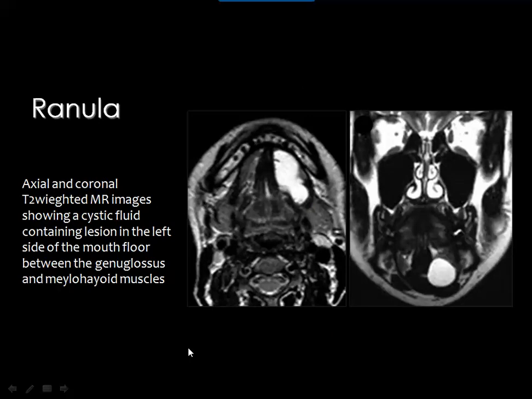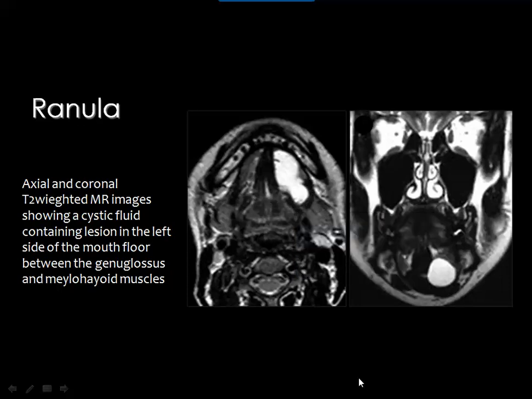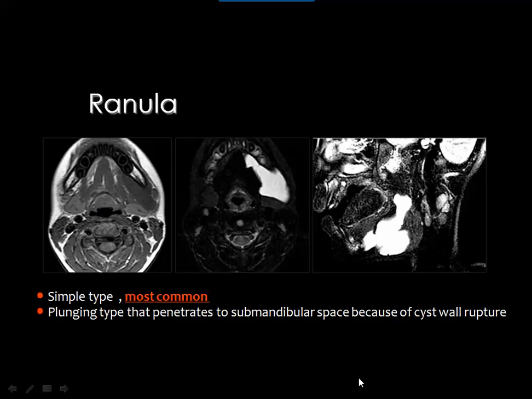Then ranula is a cystic lesion. By MRI, it will appear of low signal in the T1 and high signal in the T2 weighted image. This ranula is located between GG, or the genioglossus, and MH, or the mylohyoid muscle. Then the simple type is the most common, but the plunging type is that